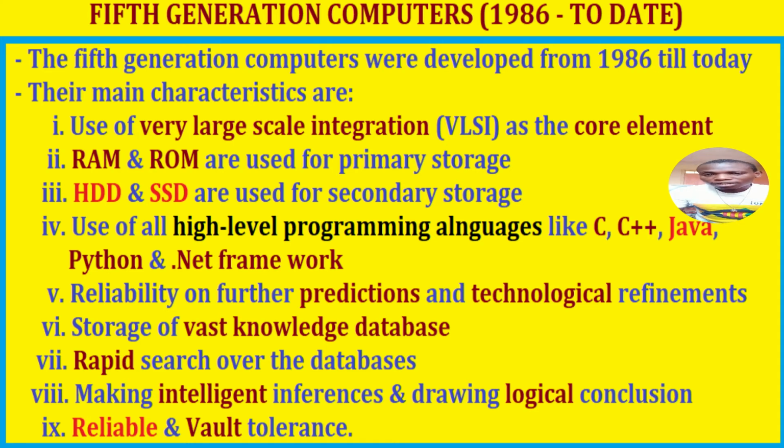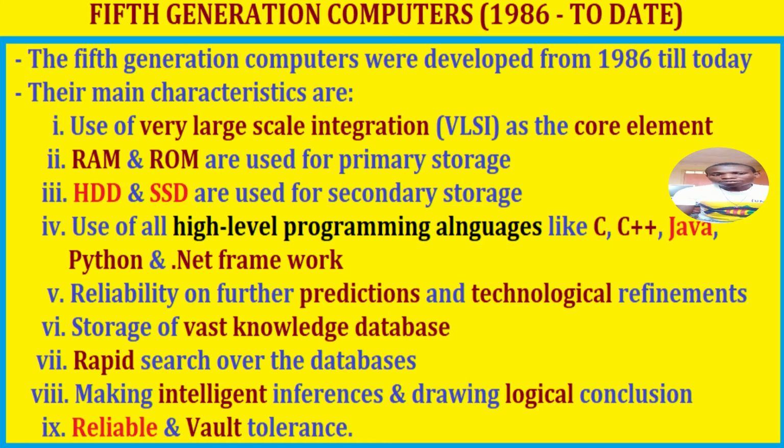The main characteristics of the fifth generation computers are as follows: use of very large scale integration circuits as the core element, use of RAM and ROM as the primary storage medium, use of HDD and SSD as the secondary storage medium, use of all high-level programming languages like C, C++, Java, Python, and .NET framework,